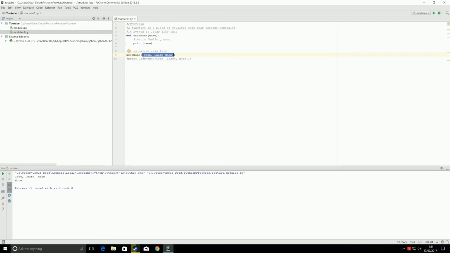We've created a string called code_learn_make, and now this function is going to go through this, but instead of treating name as name, it's going to treat it as code_learn_make. So we run this code, we get code_learn_make printed out, because we're saying I want you to print out name, which in this function is assigned here to code_learn_make. But you're probably thinking, does that mean whenever I call this function, it's always going to print code_learn_make? No, it's not, because when I call the function down here,